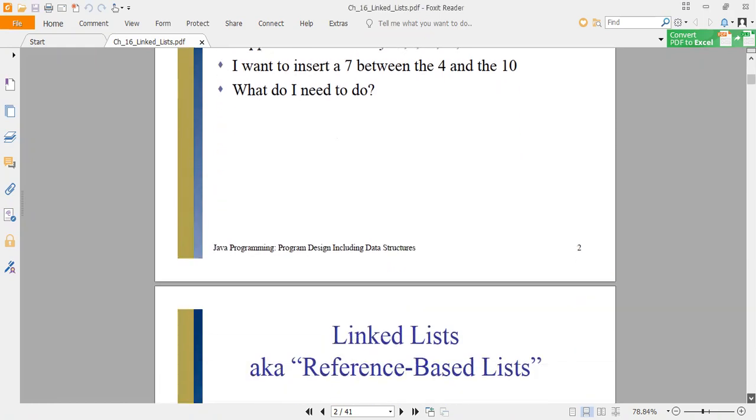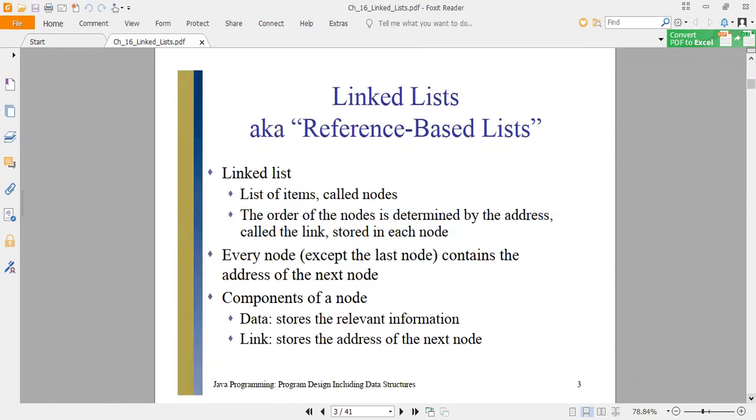So moving ahead, we had discussed a few of the basics of a linked list, as in, a linked list is what? It is a list of elements which are called nodes. So we have a collection of nodes in our list, which is our linked list, and the order of nodes is determined by the address, which is called the link. So the next pointer saves the address of the next node.